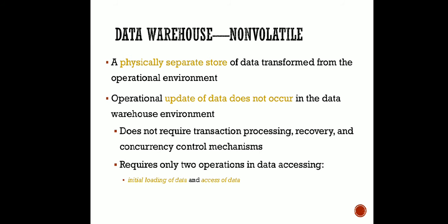So initial loading means that for a transaction or an operational purpose we need some amount of data, and we fetch that data from the data warehouse only. Fine. So from the data warehouse we load the required amount of data into my operational database, and whatever operations we do get reflected in the operational database area, and after that we are going to write it back whenever it is needed.